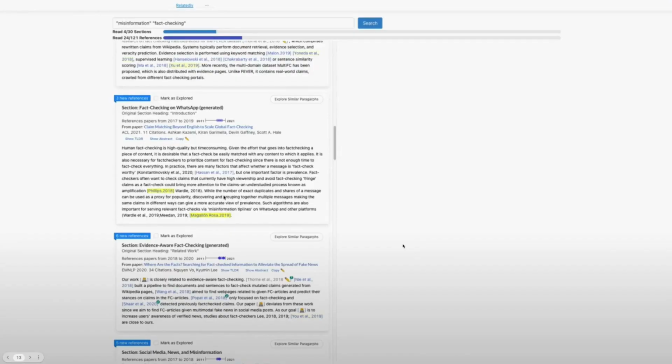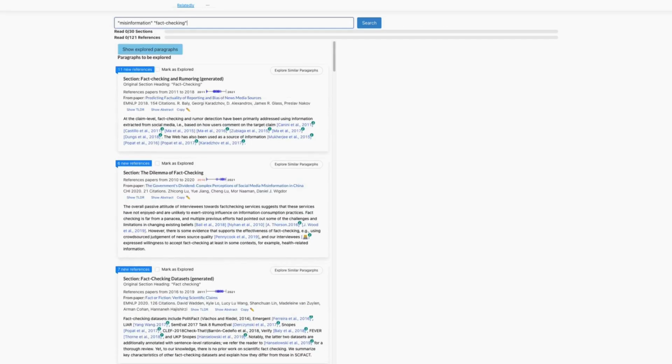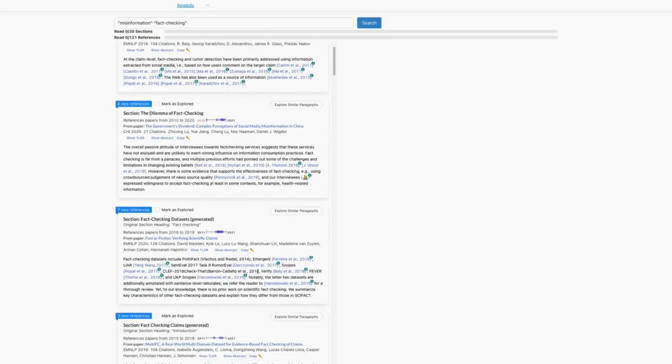Imagine the same task from before. The researcher switches to Relatedly with the same query, and the system returns a list of related work paragraphs relevant to the query in the overview view. Wanting to get an overview, she skims through the section headings and quickly learns different subtopics such as